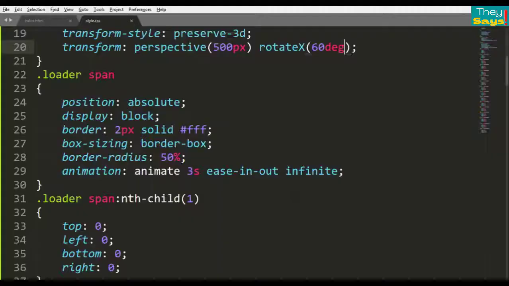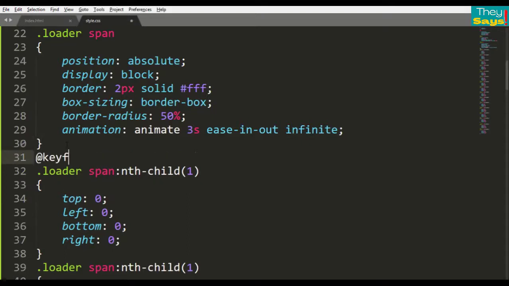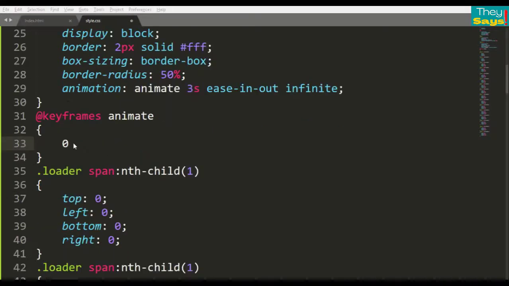Come back to the CSS file. Copy this animation name, type keyframes and paste animation name and set the animation.